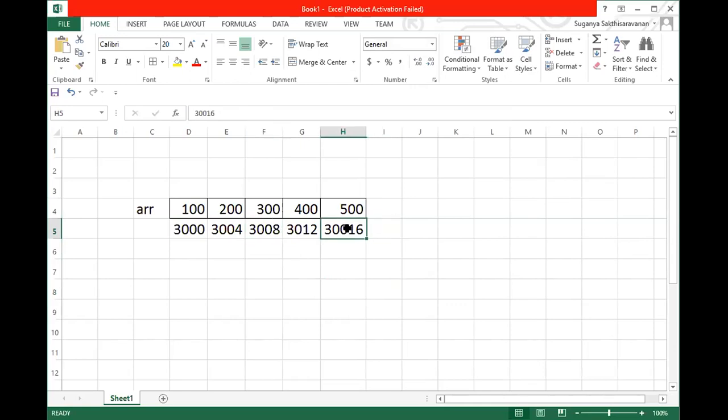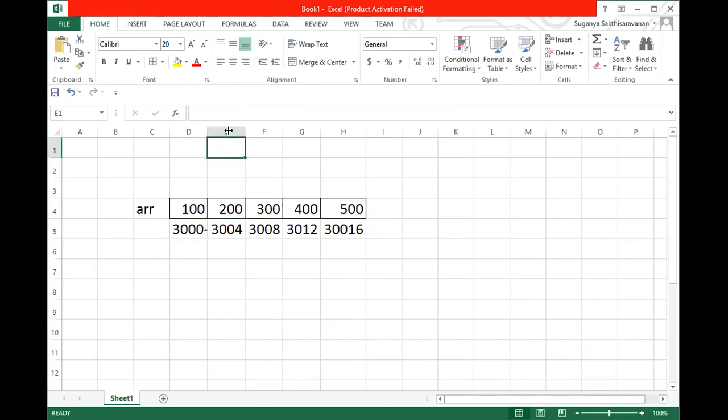So this could be a memory location. But actually, how it is allocated, internally what is happening here is that it is allocating with a certain range. Here you should understand that if it is starting with 3000, it will take only from 3000 to 3003. The exact range is known.